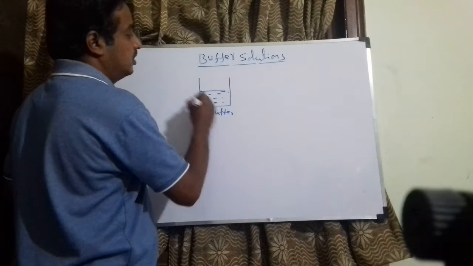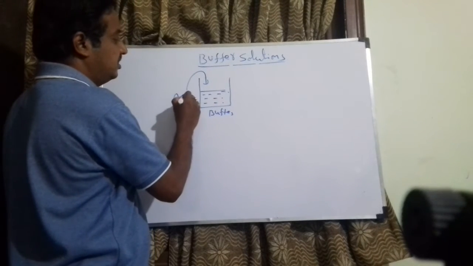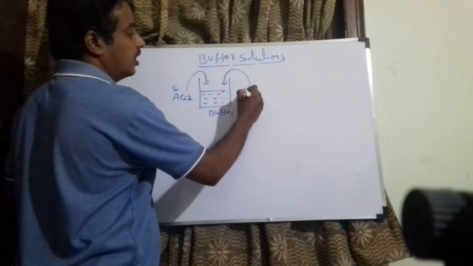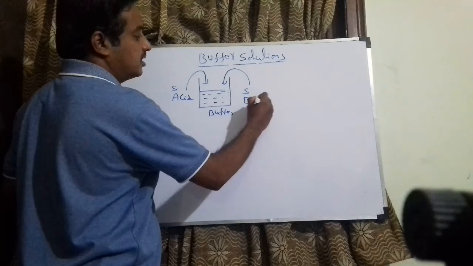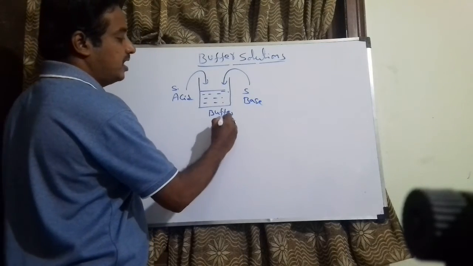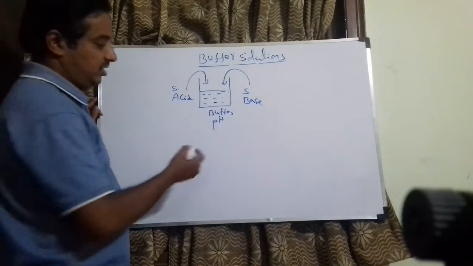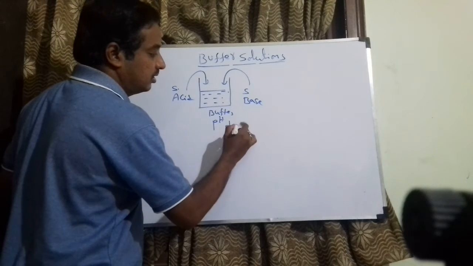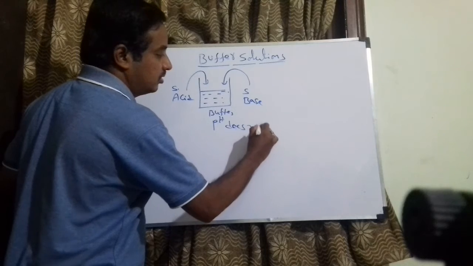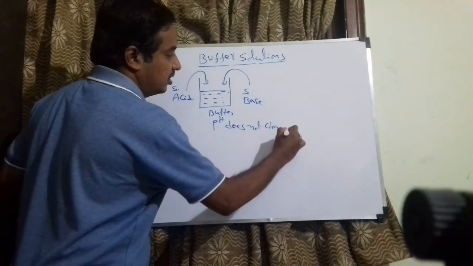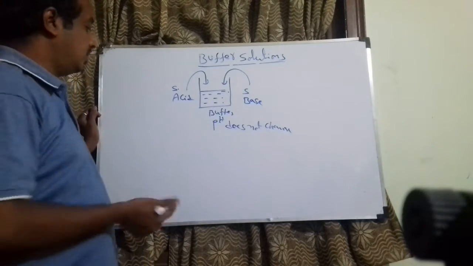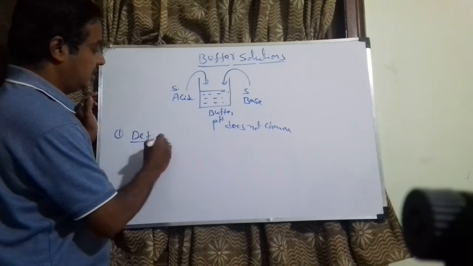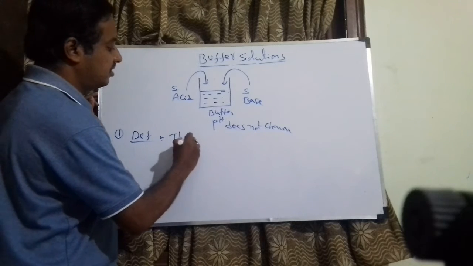When a small amount of strong acid or a small amount of strong base is added, the pH value does not change. That is called a buffer solution. What is the buffer solution? The solution which can resist